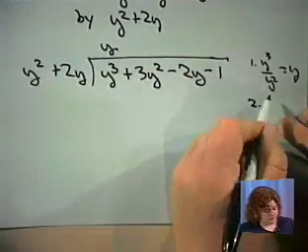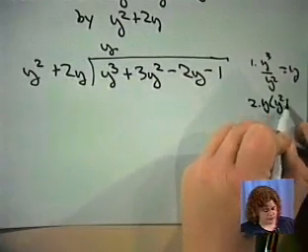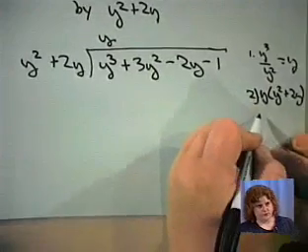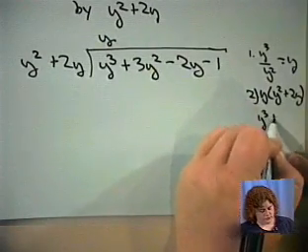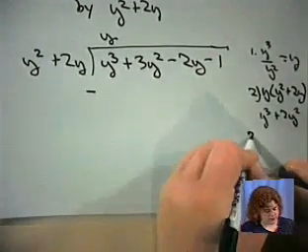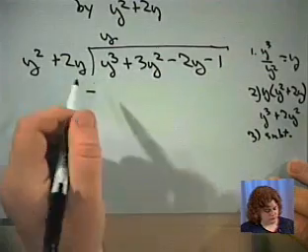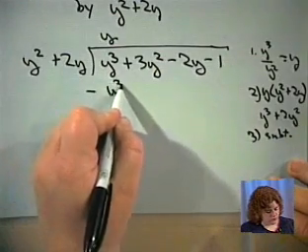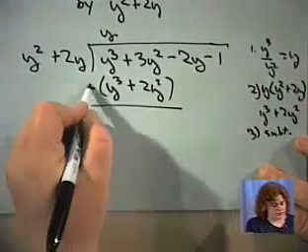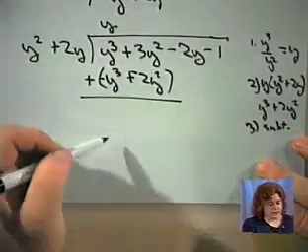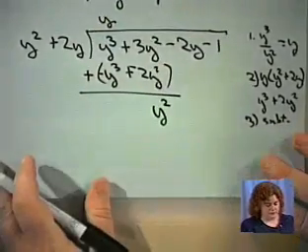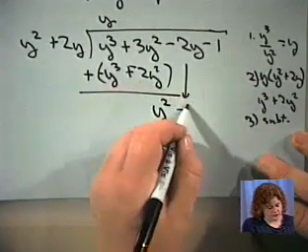We'll multiply y times y squared plus 2y, and we'll get y cubed plus 2y squared. That is what we subtract. So we'll subtract y cubed plus 2y squared. Put it in parentheses, change your signs. The y cubed is gone, and 3 minus 2 leaves us with 1y squared. Bring down our minus 2y,